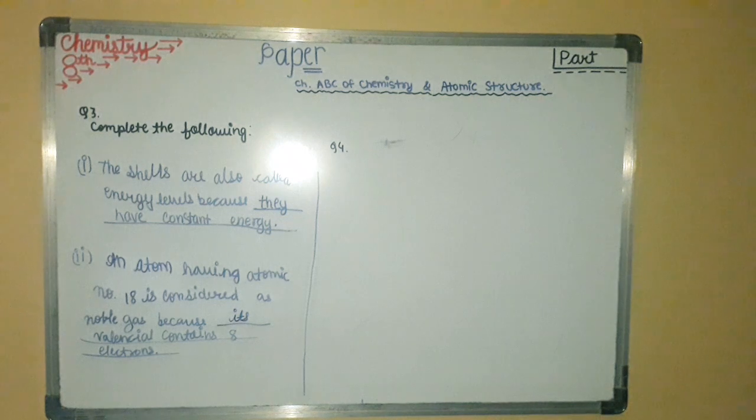Question number 4 is, I'll dictate the question and I'll write the answer of that for you. So the question is, why negatively charged electrons do not fall on positively charged nucleus to destroy the structure of an atom? I'll repeat the question. Why negatively charged electrons do not fall on positively charged nucleus to destroy the structure of an atom? So, the answer of this question is,